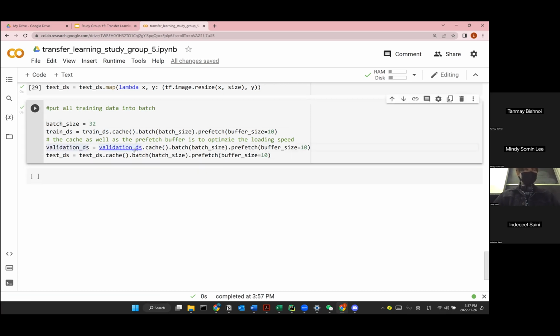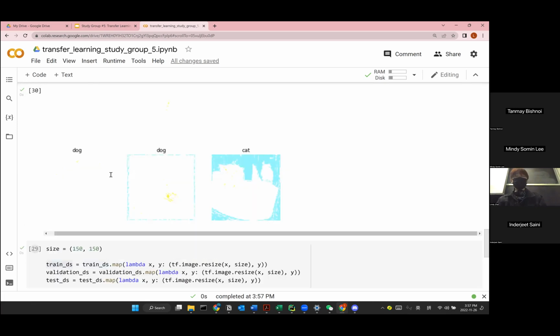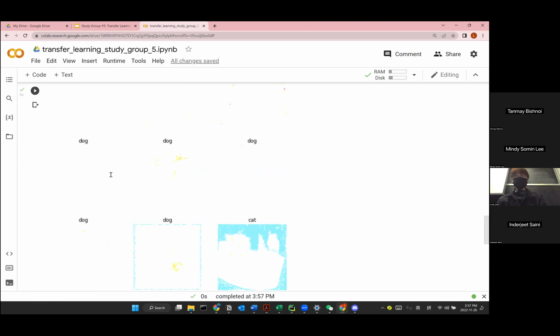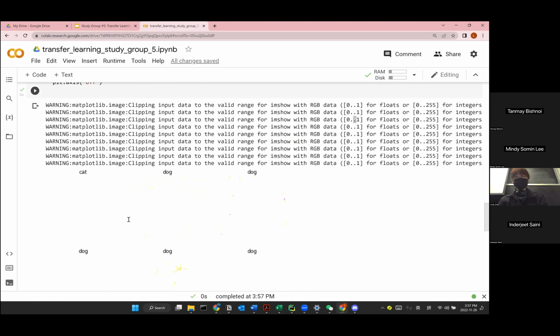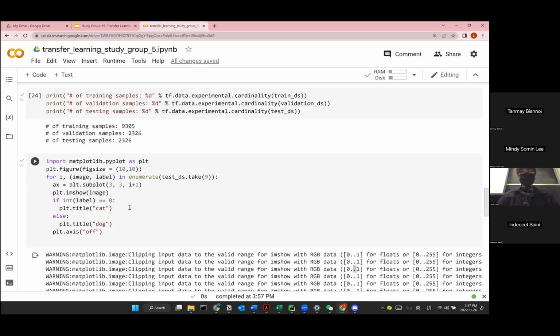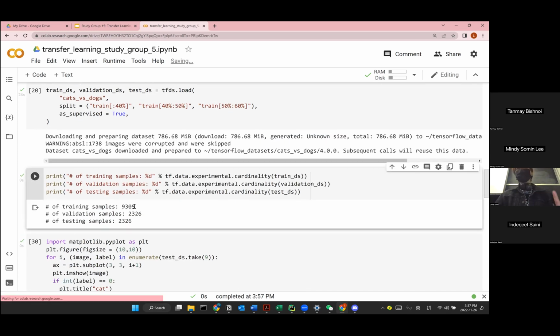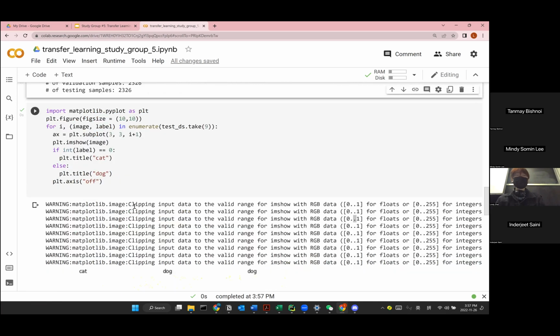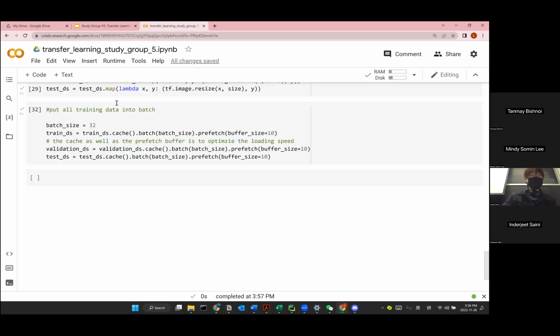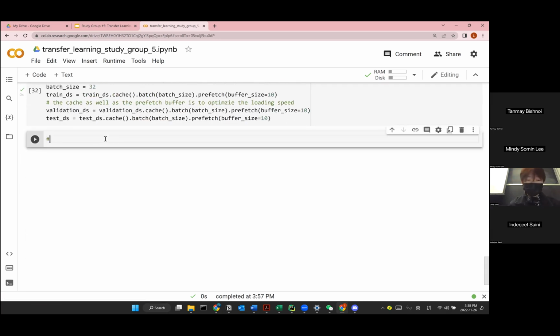Run this again. Cool. Because we only have a few thousand training samples, 9,000, usually this is enough for like an 85% binary classification task. But in this case, I think I will just include the data